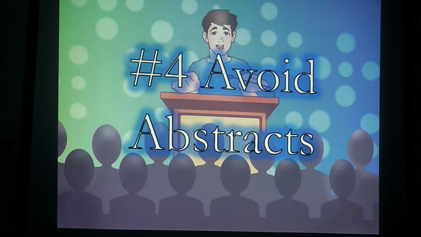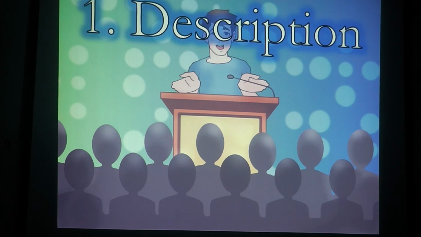And then number 4, avoid abstracts. Especially when you're talking to high school kids and junior high kids, and if you're working in children's church ministries, you definitely need to avoid the abstracts. There are actually 3 different ways. Number 1 is you can give a description of what you're talking about, a statement that depicts a person, event, or idea with clarity and vividness. This can be used to communicate internal feelings. An internal feeling is very abstract. But if you can use a person or an event and the feelings associated with that, or the idea,